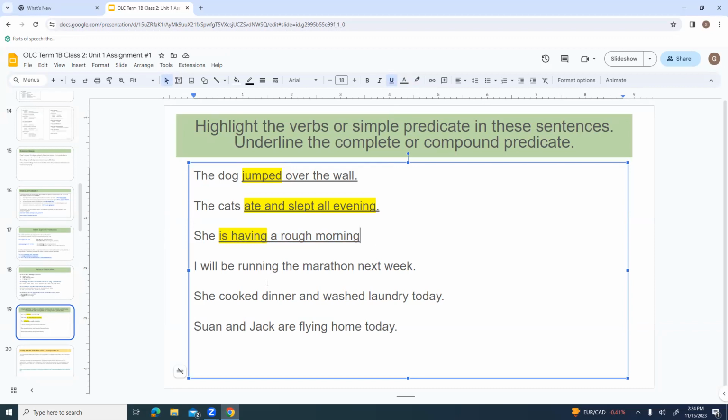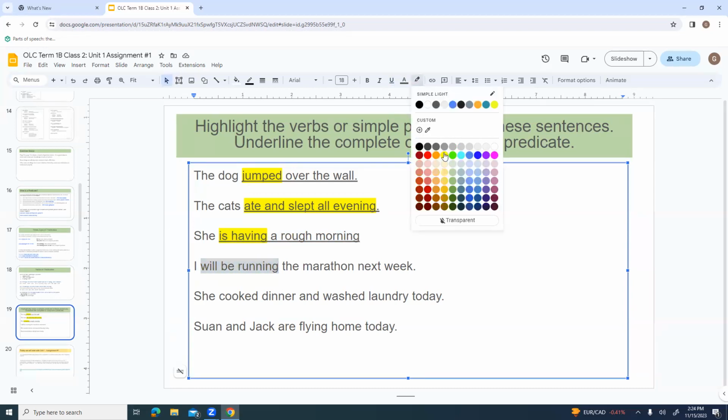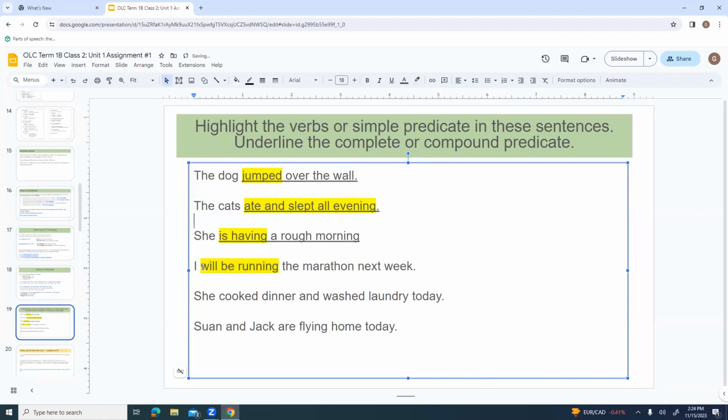I will be running the marathon next week. So we actually have three verbs working here together. Will be running. That's fine. And then the whole thing from will on, all of that is our